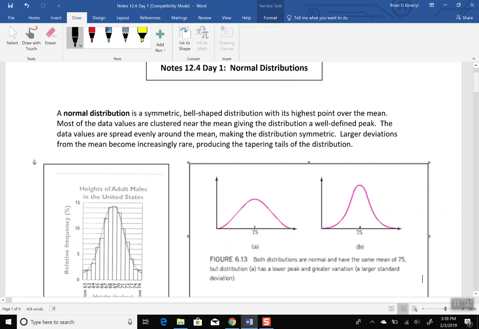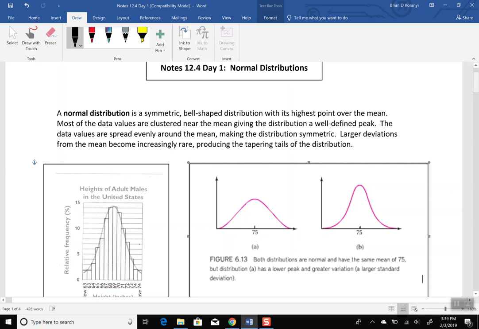And what we find is that a lot of human characteristics and data follow a normal distribution. Like heights, for example. There's an average height of men, an average height of women, let's say, and as you get bigger and bigger, there's fewer and fewer of those people. There's very few people above, say, 7 feet. There's very few people below 5 feet, but there's a lot more people somewhere in the middle, like 6 feet.